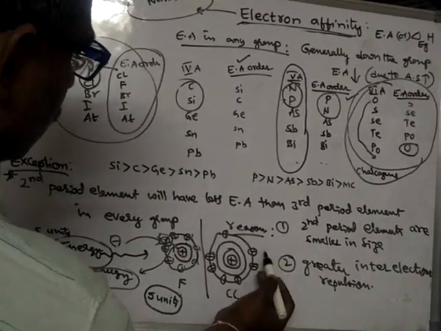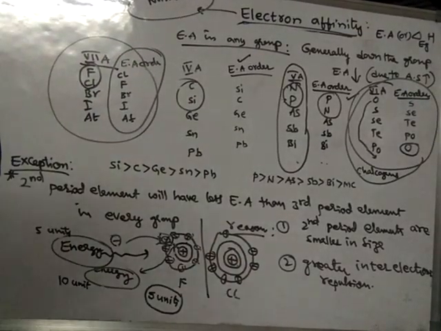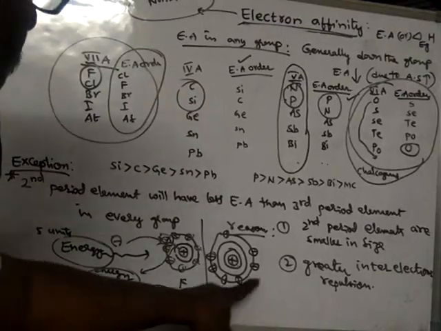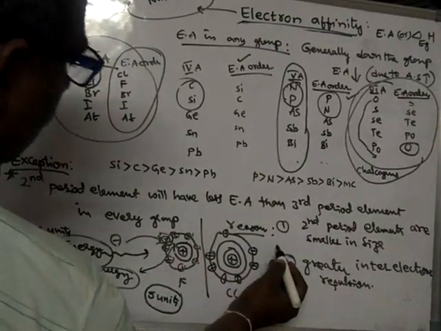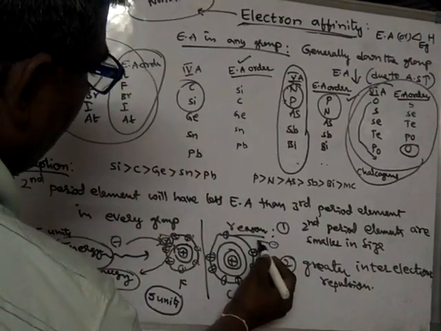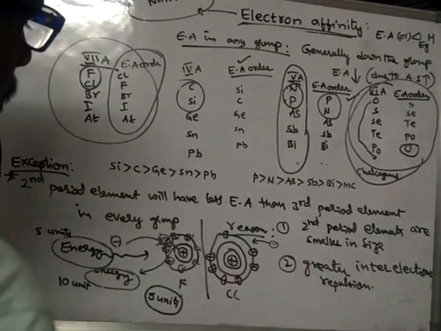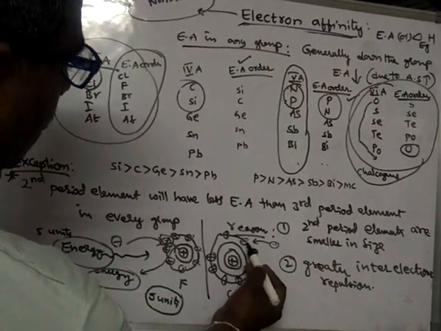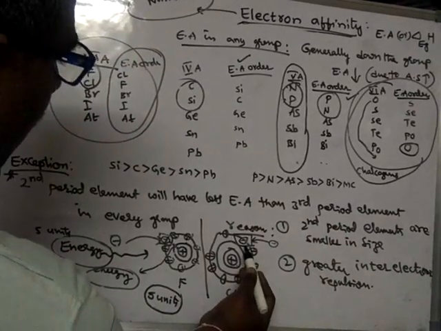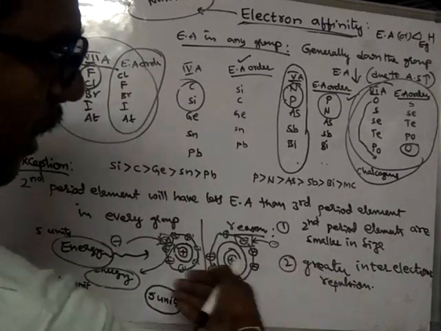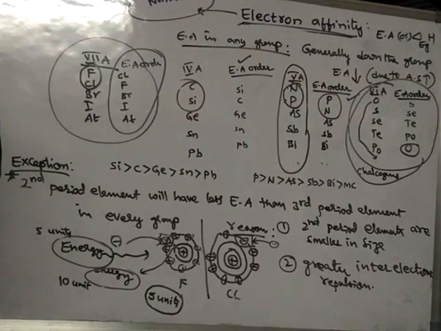See, look here. In this chlorine atom, the orbit is large in size, so there is not that much repulsion between the electrons, because these electrons are freely arranged. Now if you want to add one more electron into this atom, there are no repulsive forces existing. So what happens? This electron can be easily added into this atom. There is no need for additional energy to be given to that atom. Simply, this atom will easily add that electron into it.